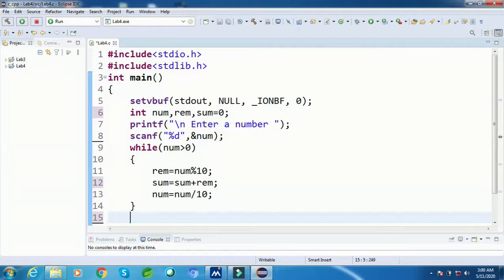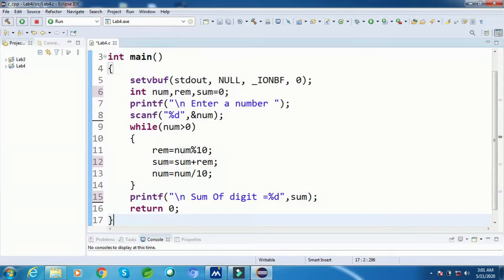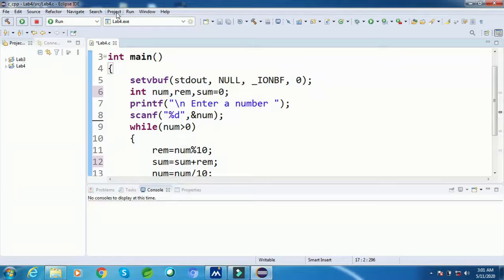So here I can print a message, that is sum of digit equal to %d, comma sum. Yes, so let's just build the project. Go to project, build all.